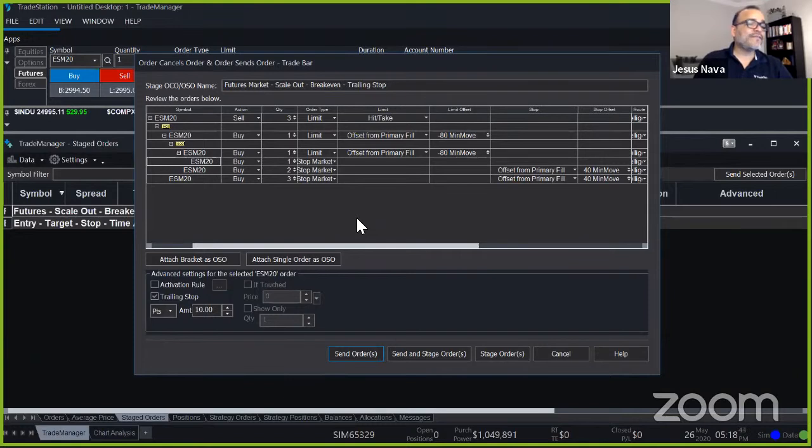The second stop offset, B0, since it's break even. Larry, good point. The second stop, and I'm not sure if you're able to identify the second stop, but it would be this one right here. The second stop, remember that the offset from primary fill, it says 40. The reason why that is the case is because when it reached the very first target,